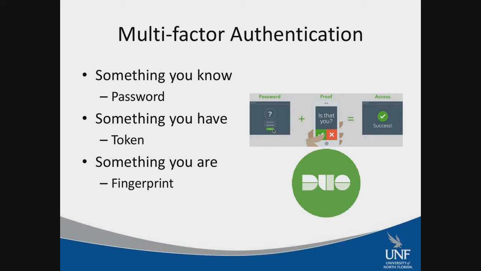So the token or an app on your phone, the token or your phone is something that you have, right? The phone doesn't know your password. It's just something that you have. So it's a different factor of authentication. The fingerprint, so if you have a newer iPhone, you have a fingerprint reader on it. If you don't want to type in your password that you know, the fingerprint will suffice, right? It's a different type of authentication. It's a different factor. So the best thing to do with this is to combine these, right?